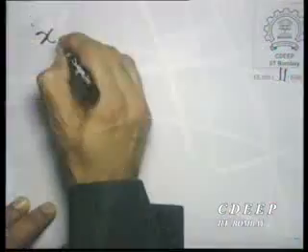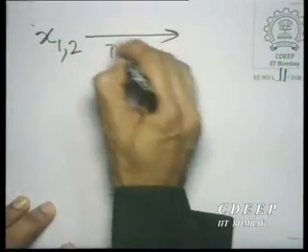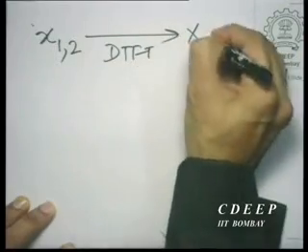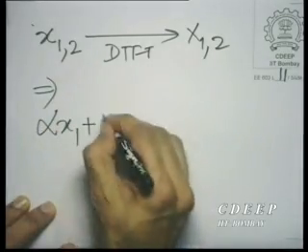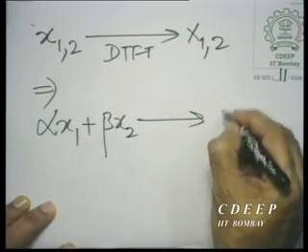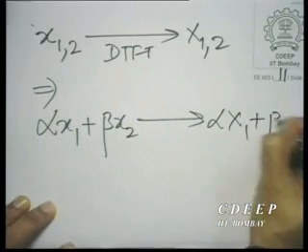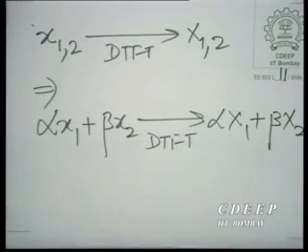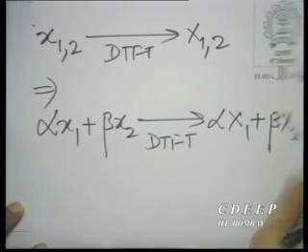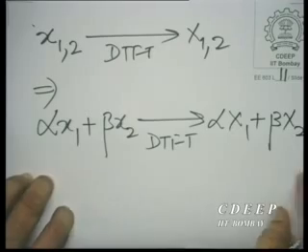So, we saw that if you think of the DTFT as an operator, then x1 and x2 being operated upon by the DTFT to give capital X1 and X2 implied that alpha x1 plus beta x2 had the DTFT alpha capital X1 plus beta capital X2. What is more, we had also seen that if x had the DTFT capital X,